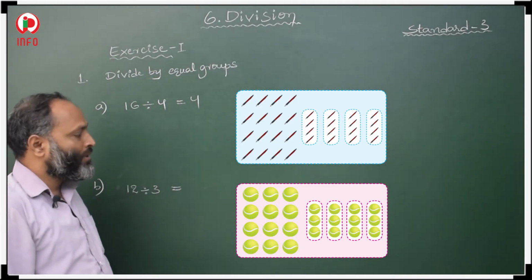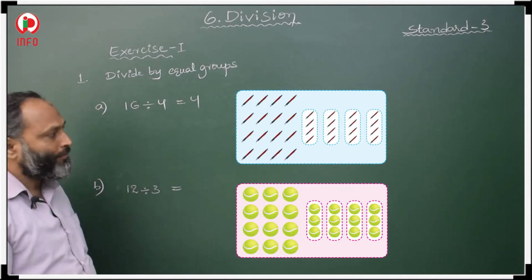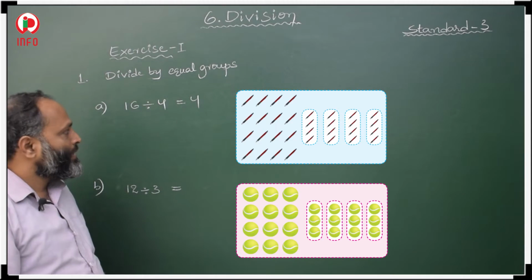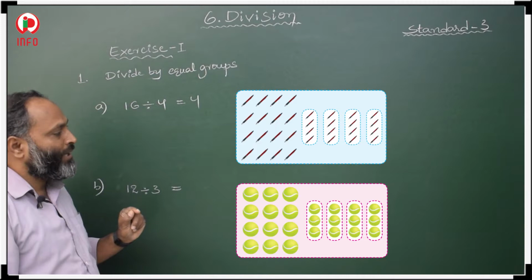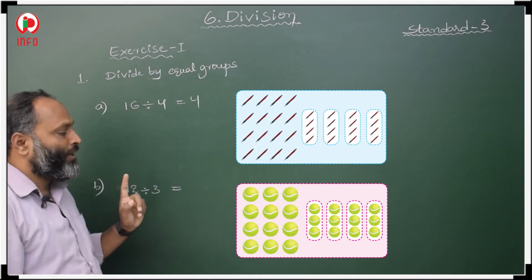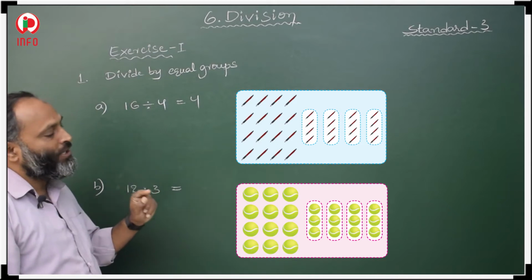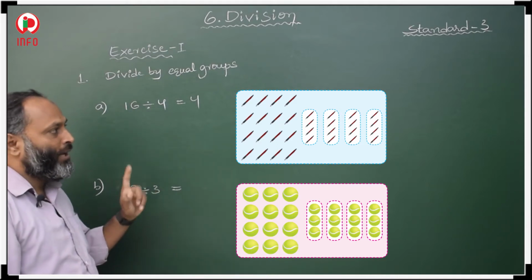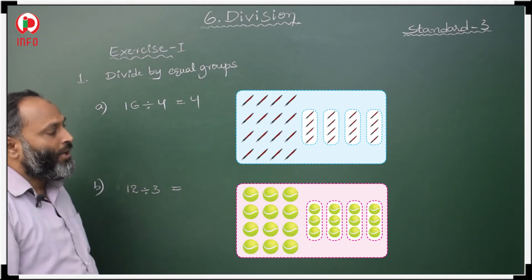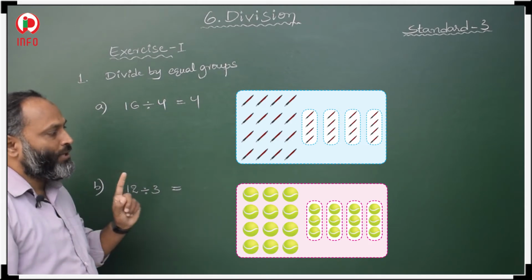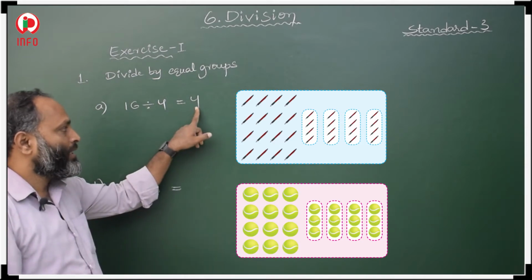So first you count how many pens were there: 16. Total 16 is given. Then here 4, so we have to take 4 pens in one group and round up that one. After that again you take 4 pens and round up another group. Next you take 4 pens and make one group. And at last, take 4 pens and make one group. Now you count how many groups there were: 1, 2, 3, 4. Total 4 groups we formed. It means our answer is 4.